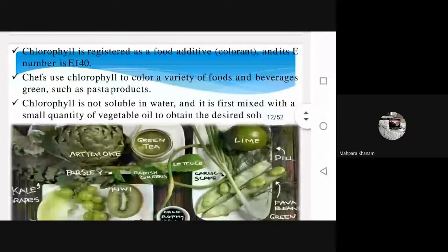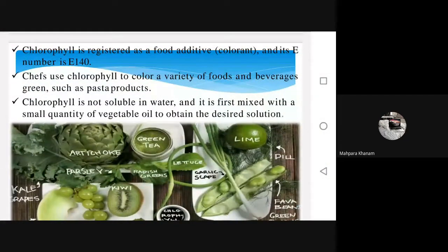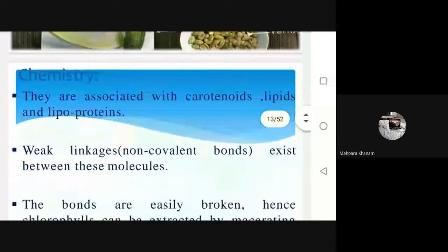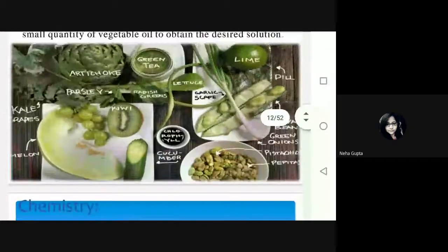And what is the E number for chlorophyll? E140. How many porphyrin rings are there in the chlorophyll structure? 4. What is the element that is present in between the porphyrin rings? Magnesium. So I hope you remember. Now we'll come to the